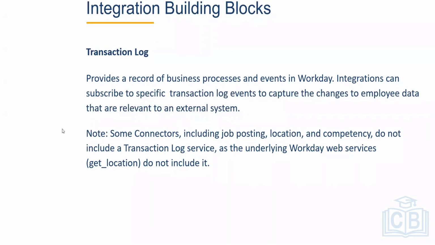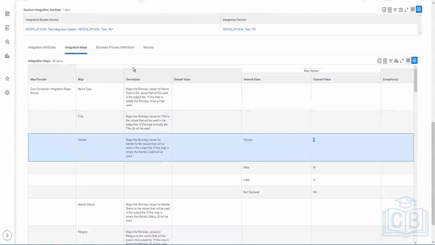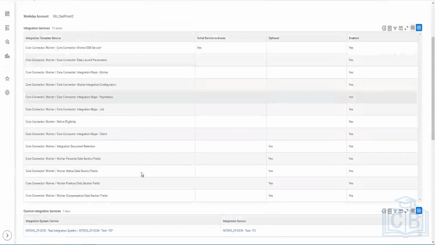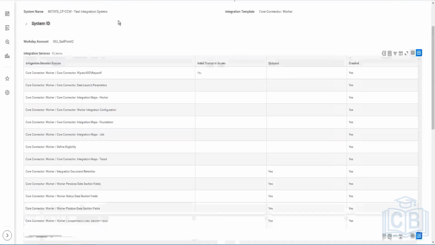Some connectors, including job posting, location, and competency, do not include a transaction log service, as the underlying Workday web service Get Location does not include it. So if you need to have transaction logs enabled in your system, which, as you can see, we don't have, and if I look at the integration events,